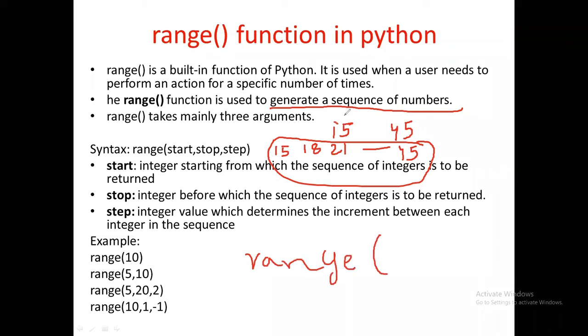What is the first argument? 15. What is the last argument? 45. Let us take 46. Comma. What is the step? 3. If you understand these three, start, stop, step, that's it. Very good.